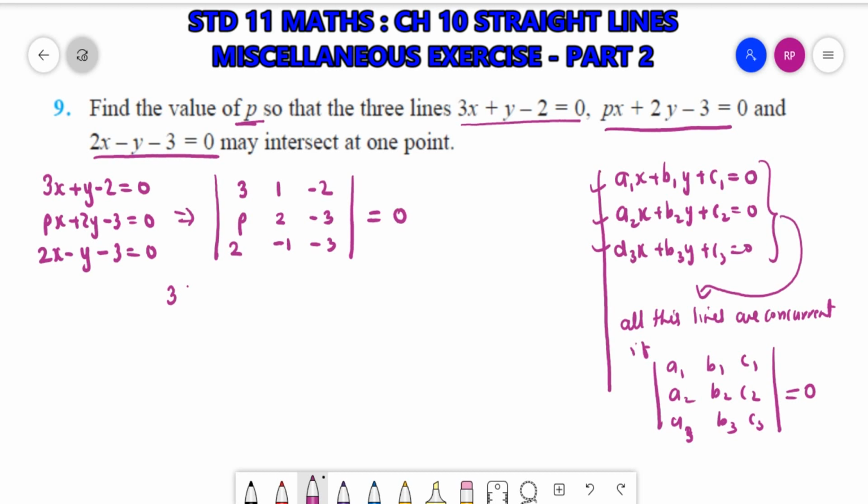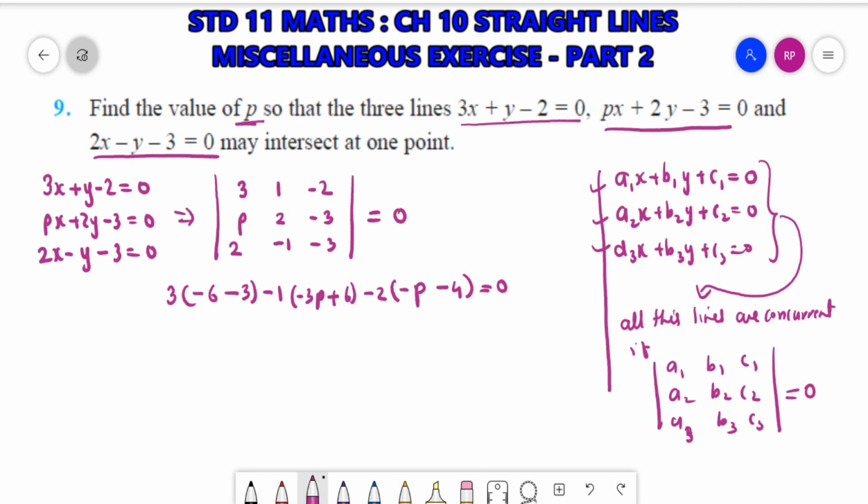Let's solve it. 3 times (2 into -3, that is -6, minus (-1 into -3)), plus 3, minus 1 times (p into -3, that is -3p) plus... 2 into -3, that is -6, so it's plus 6. Minus 2 times (p into -1, that is -p, minus 2 into 4) equal to